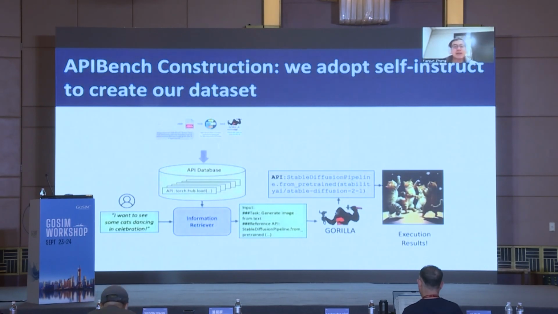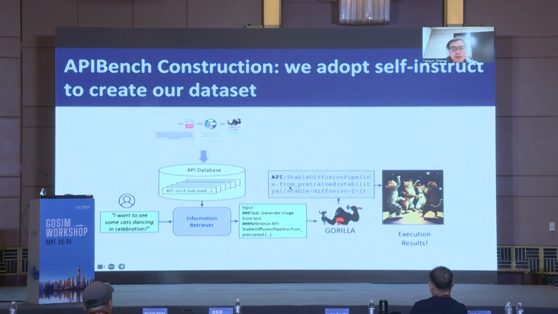Afterwards, at evaluation time, we have two mechanisms for evaluating this. Once we have the API dataset, at evaluation time, the user asks, I want to see some cats dancing in celebration. For the approach with the information retriever in the loop, we would first ask the information retriever to look at our API dataset, which we constructed previously, and give us the top candidates on which of the APIs would be most relevant to my task.